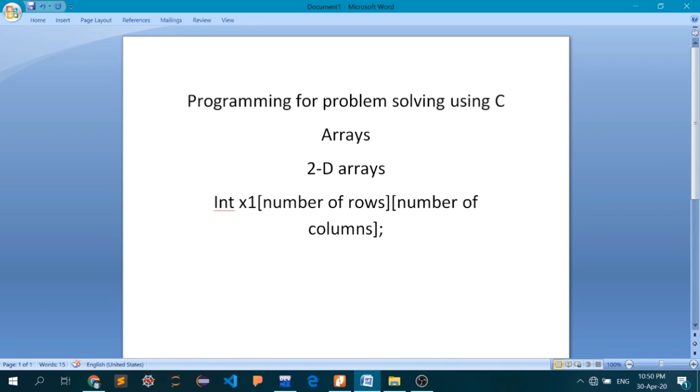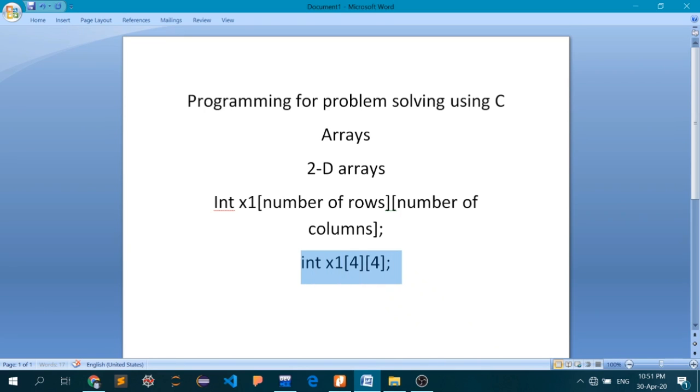In actuality it will look something like x1[4][4], and this is how it will look.